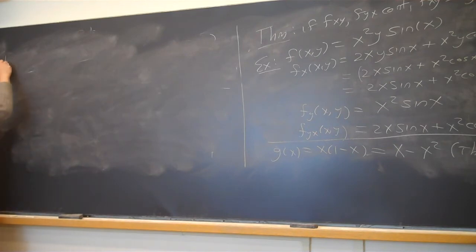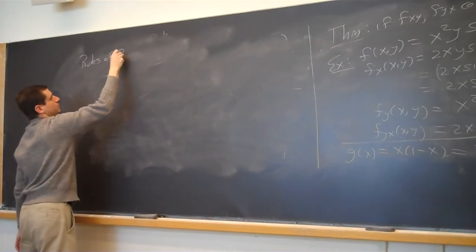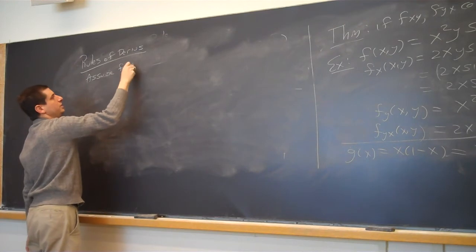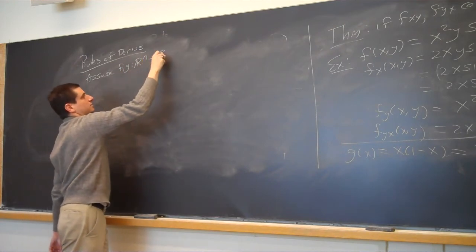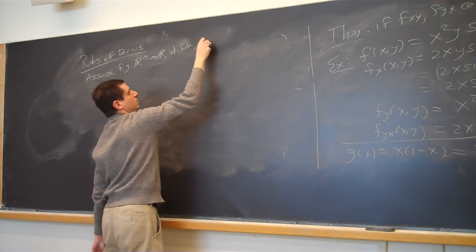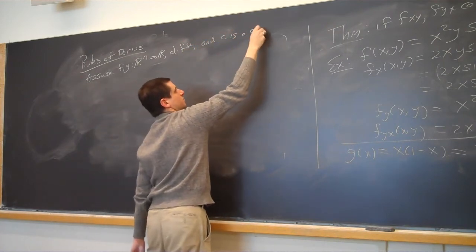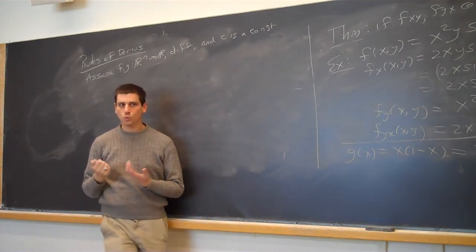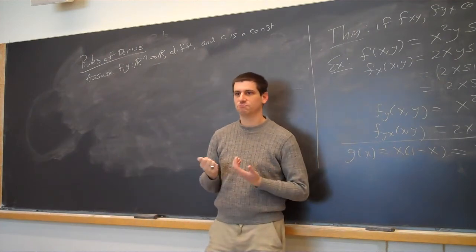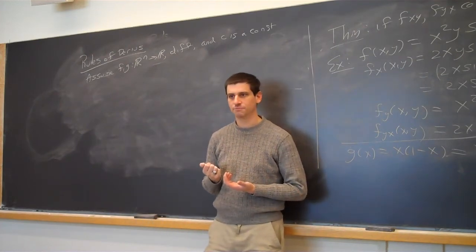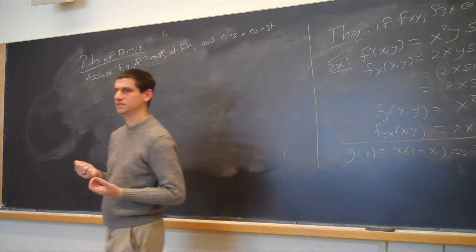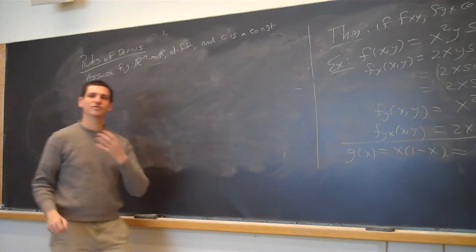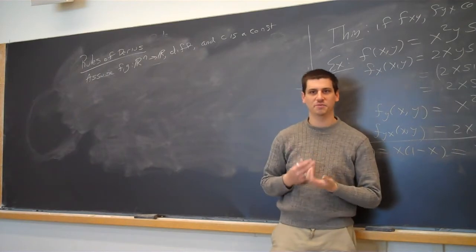All right, so let's do rules of derivatives. I'm going to assume f and g are functions from Rn to R. They're differentiable, and C is a constant. So this is the framework. I've got differentiable functions. What's the simplest rule for derivatives? Power rule. Simpler than power. Constant is 0. Okay, so you actually said the derivative of a constant is 0. I want something a little bit more than that, but it does involve constants.